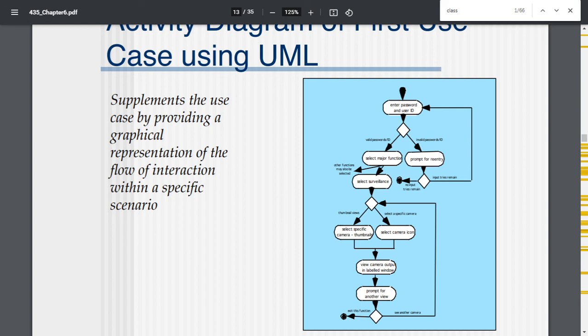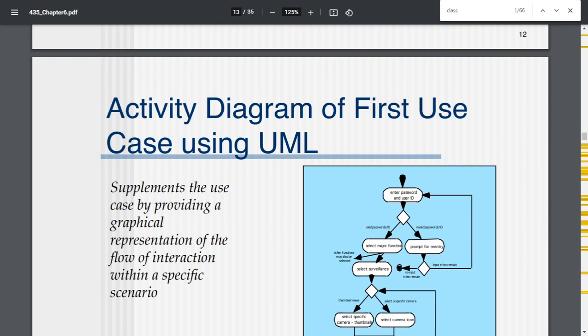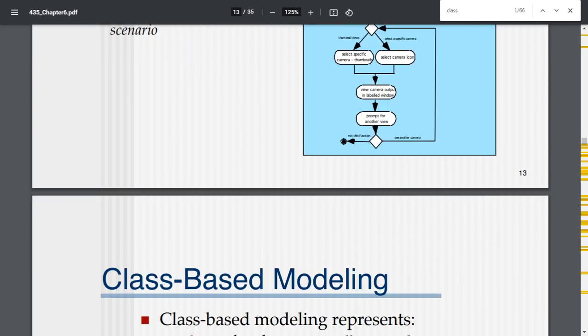So they can keep on having the other cameras' views. We know that there are many cameras set and many views can be seen from the surveillance camera. Naturally this scene can be repeated for different formats of vision. The views can be varied based upon the necessity of the user, and if that is over, they can exit this function. So this is the first level activity diagram that is done using the Unified Modeling Language.